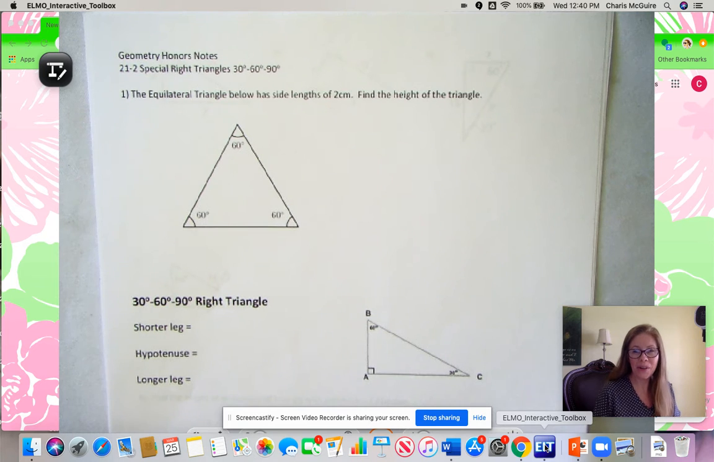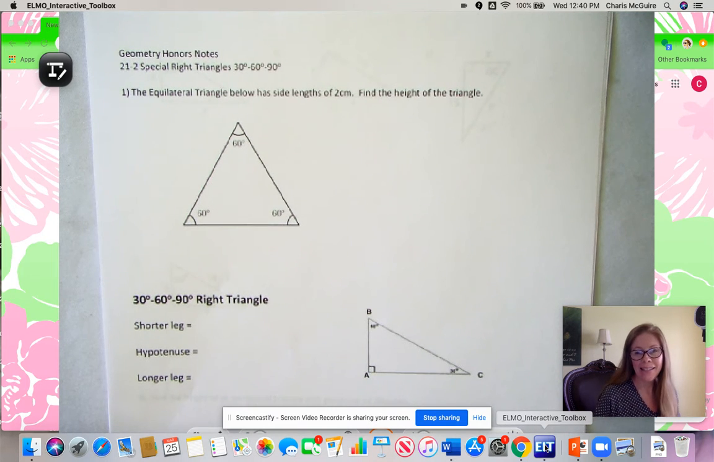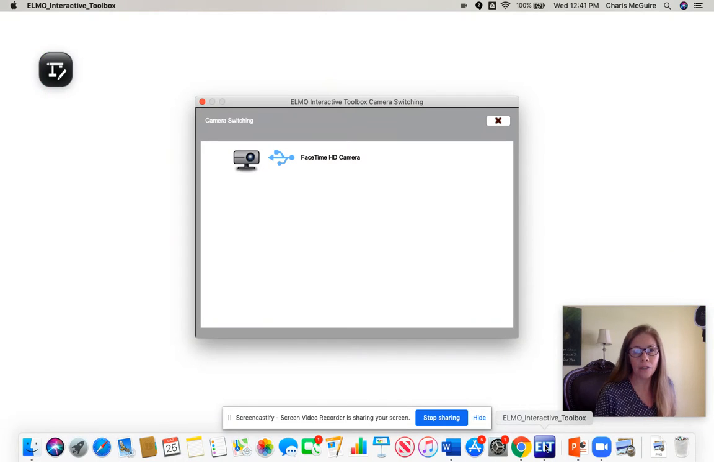Hi, boys and girls. Mrs. McGuire here, ready to do our next lesson. So today we're going to take a look at the 30, 60, 90 right triangle. And just like the 45, 45, 90 triangle, this has special relationships with the sides, and it is a right